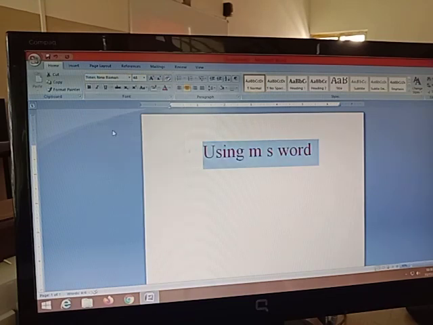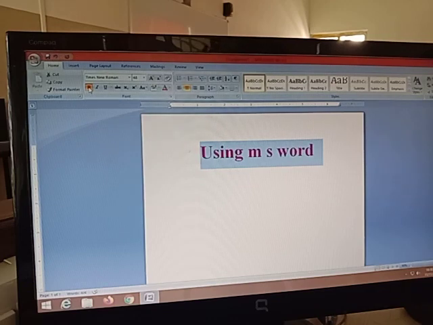Okay. Now, whatever text I've taken, I want to make it a little thicker. Here they have given the bold option. It will help you make the text thicker. If you don't want it, click on it again. Before applying any of these options, we must first select the text. Bold is there. I will click on this bold. What happened, children? It made the text thicker. Now if I want to make it a little slanted, here they have provided one more option, which is called italic. When I click on italic, it will help me slant it.